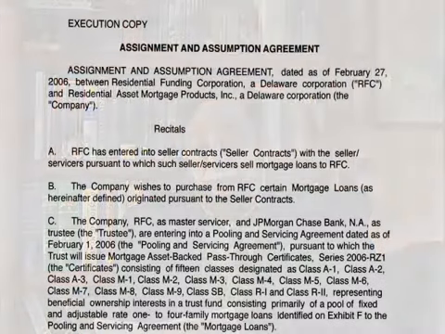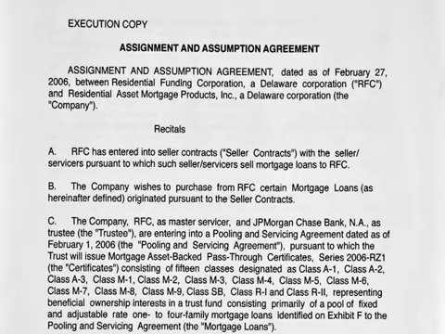So let's take a look at an assignment and assumption agreement and see what kind of meat we can find in there that can be used in your defense or offense in challenging the mortgage or the note or the obligation in connection with your home. The assignment and assumption agreement usually contains a date right up at the front of it, whereas in this case, as you can see on screen, the date is February 27th, 2006, between Residential Funding Corporation, known as RFC in the rest of the document, and